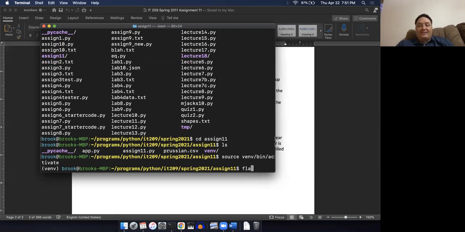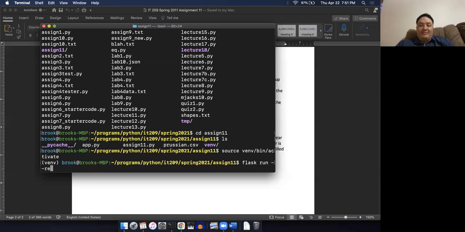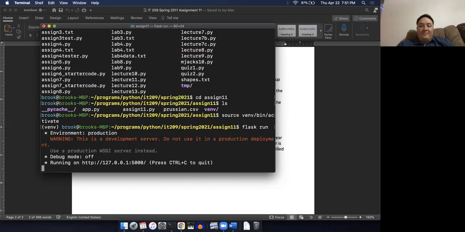And now that gives me access to this Flask command. Okay, and I do flask run, and I'm going to do --reload so that if I make changes. Now, I guess I don't actually need to do that because I'm not going to make changes here. Okay, so I'm going to run the application. All right, there's the application. All right, and I just want to show you that,